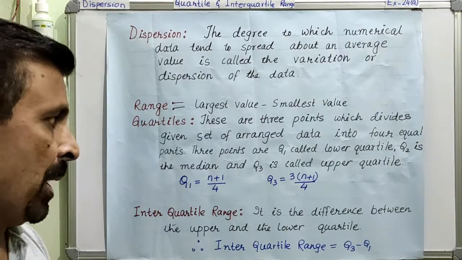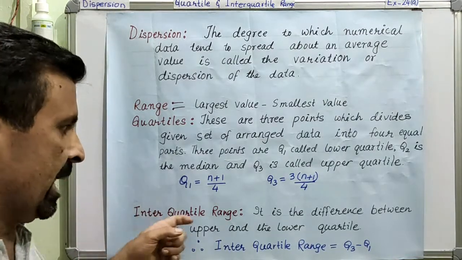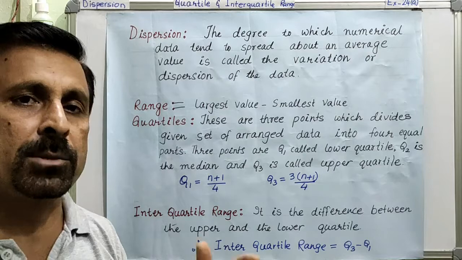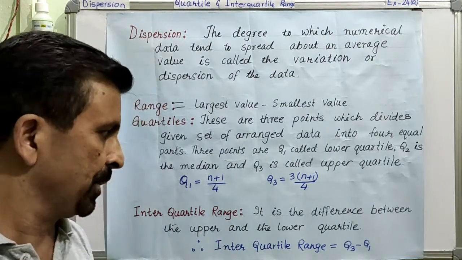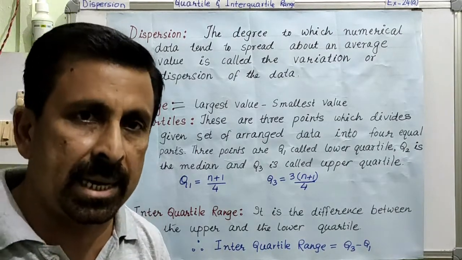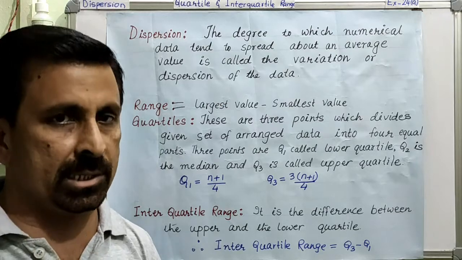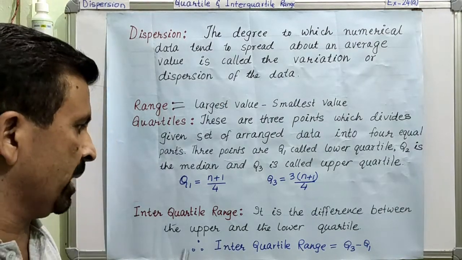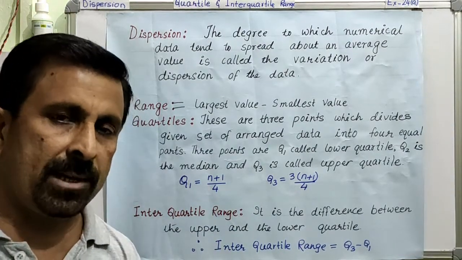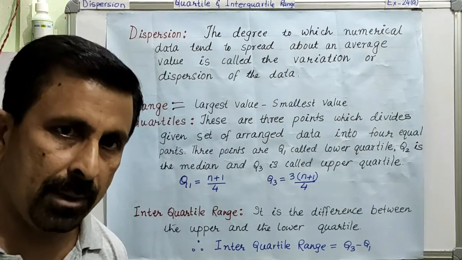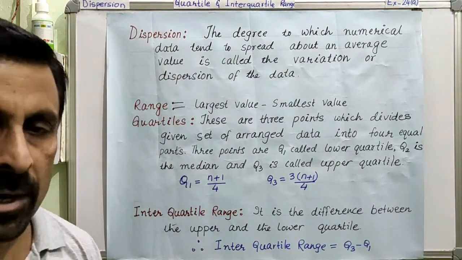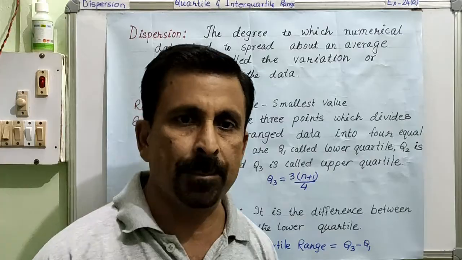Now, in this exercise, we will be focusing on calculating the interquartile range for all 3 different types of questions. We will have questions on individual series, discrete series, and continuous series. We are going to see how we can calculate the interquartile range for all 3 types of data. Am I very clear? One by one, we are going to begin calculating the interquartile range. We will start first with individual series, or simple distribution.